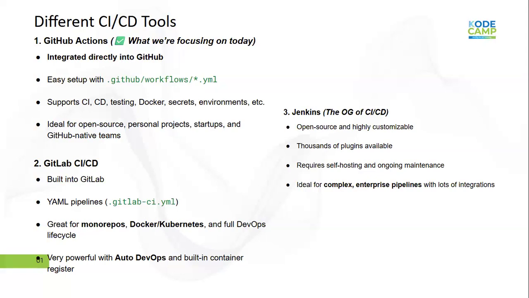GitHub Actions is the most preferred because it's very, very minimal to configure. You don't need to do all those configurations. And one thing in GitHub is that you don't need an agent, and so you don't need all these hosts. Once you have a repo, you can just deploy it there and then do your stuff. The only time you will need a host is if you're trying to run a self-hosted runner, which is more advanced.